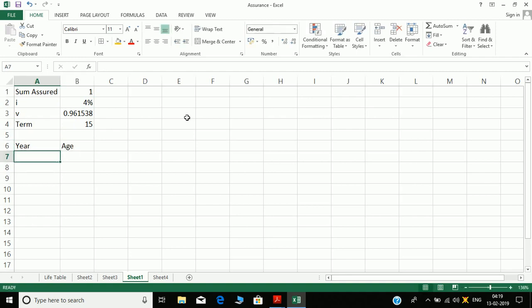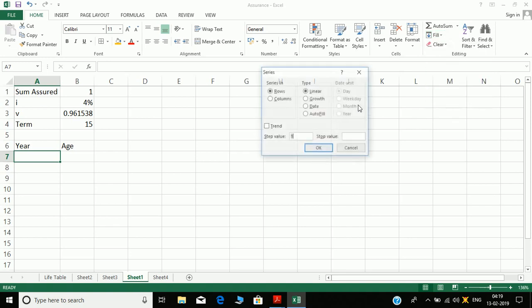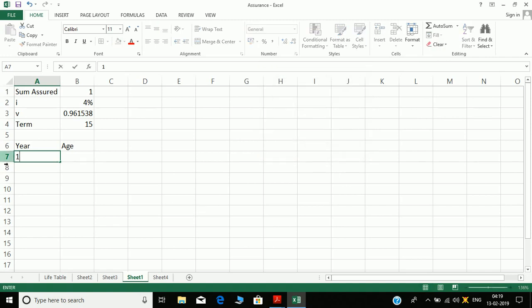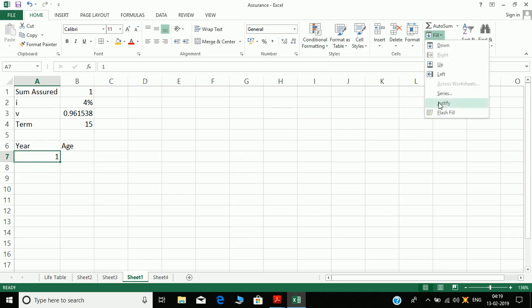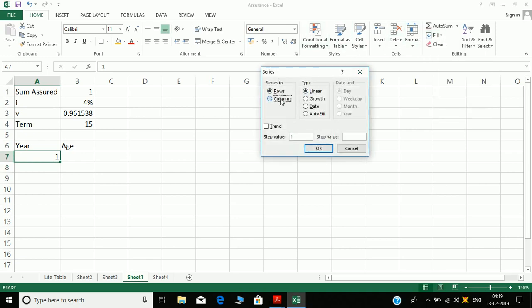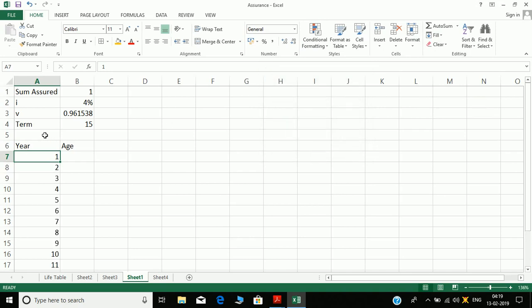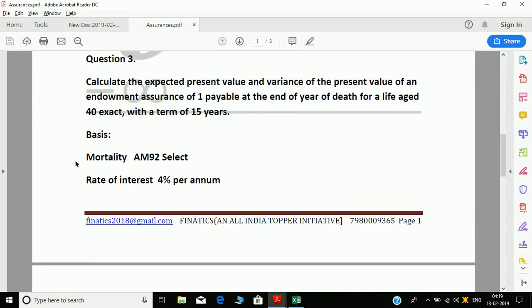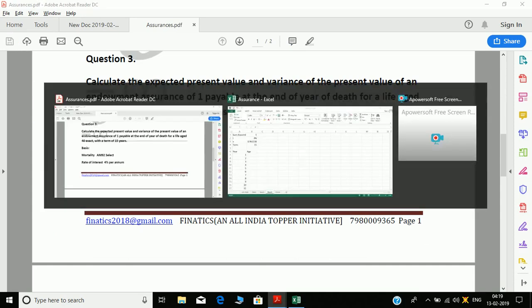Here for age, I use fill series, columns, year 1, stop value is 15 because the term is 15 years, and age is starting from 40.